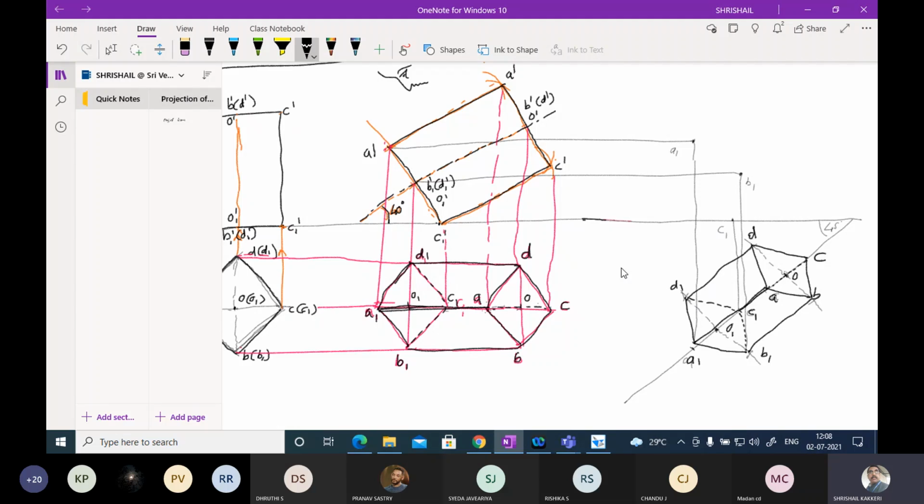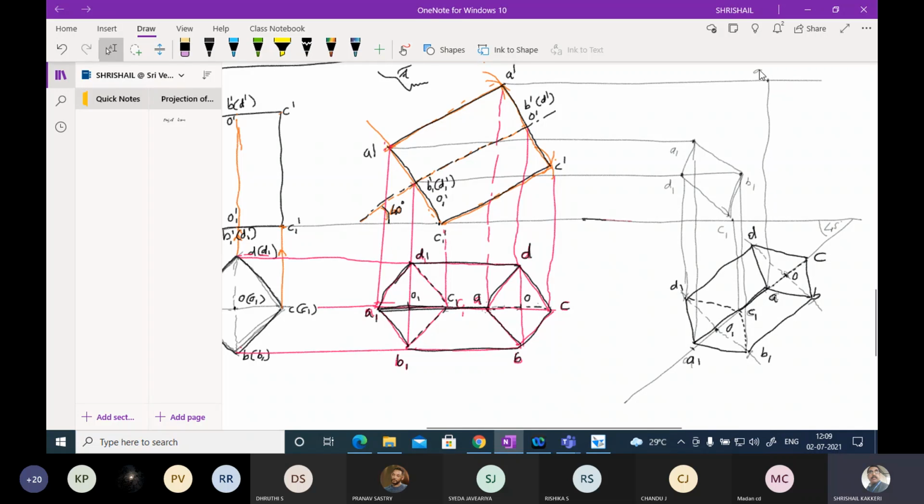And D is coming on this line itself. Project it. This will be point D1. So by thin lines you just join them, A to B, B to C, C to D, D to A. You join them. Okay, I joined them. Just thin lines. Then after this, go to the top portion, the top view, the top portion of this and the top portion of this. So first you draw the line A. I have drawn this, and from here you draw this.